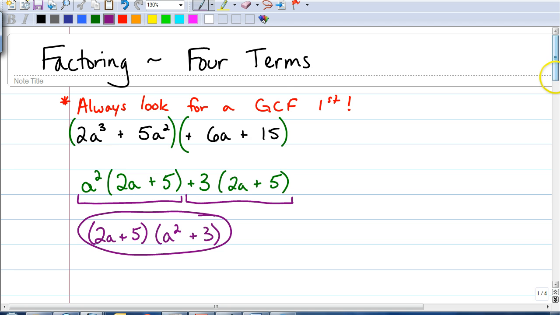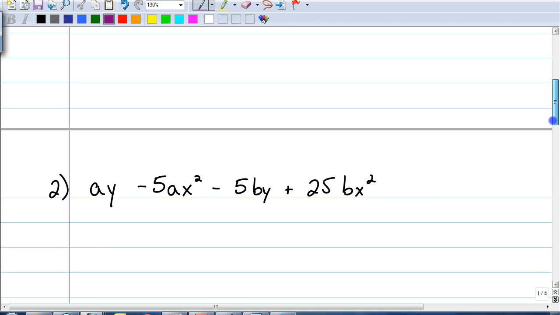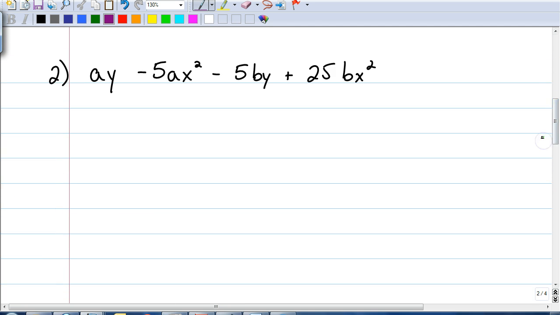Let's look at another one so you can see what's going on here. So if you're a little confused, don't worry. When you look at some of these, they look intimidating at first, but believe me, just take it step by step and you'll see that it's not as hard as it has to be. So here we have,